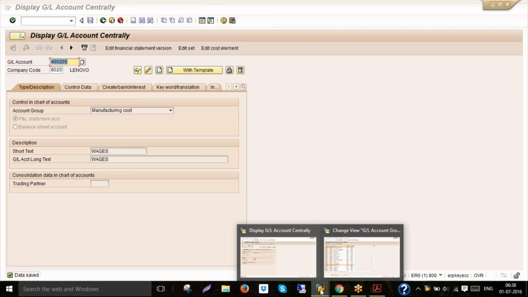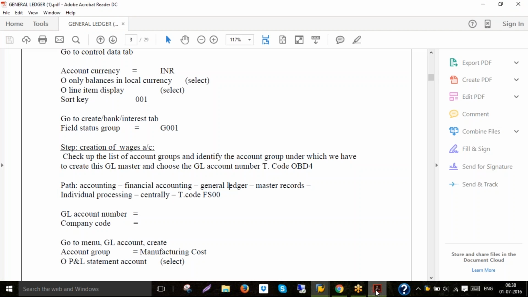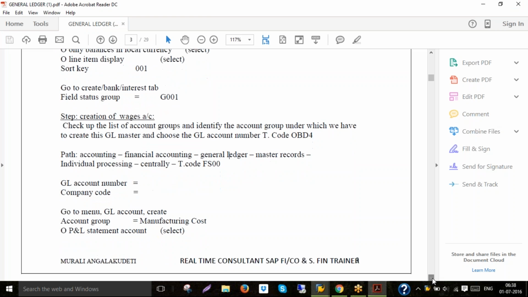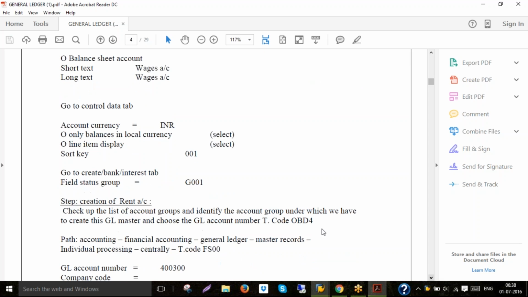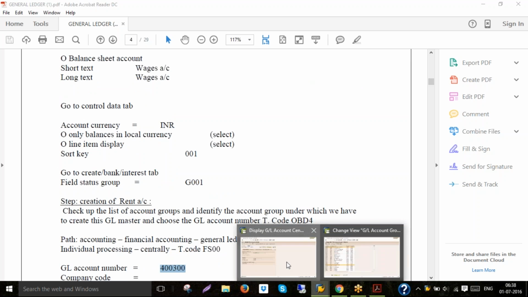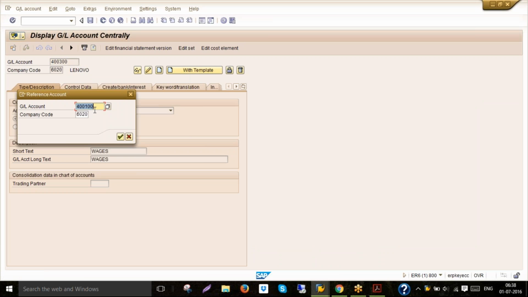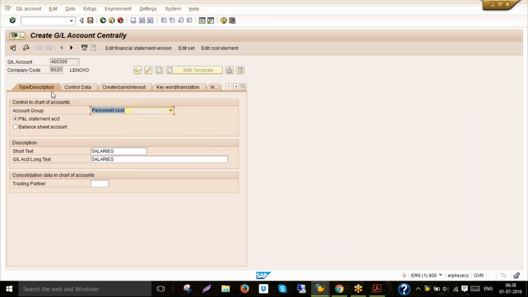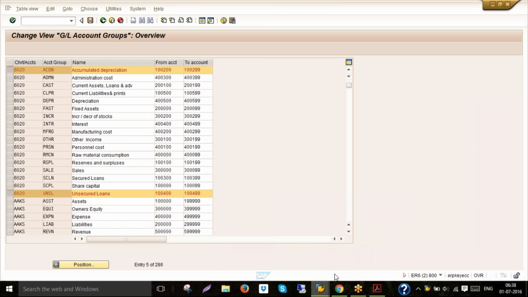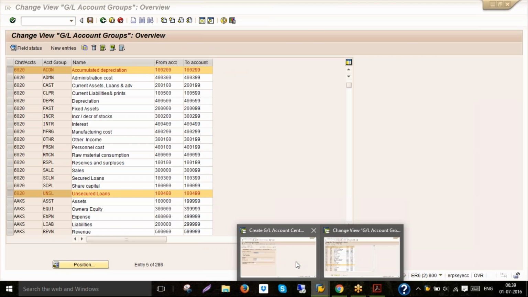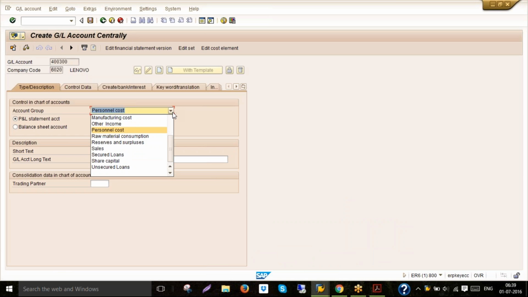Now I want to create a rent account. That is part of my administration cost. Rent account 400 300. So here I will enter the number 400 300. Then with the template 400 100 only, enter. So 400 300 is a part of my administration cost. See the selection 400 300. It is administration cost. Under drill down, select as administration cost